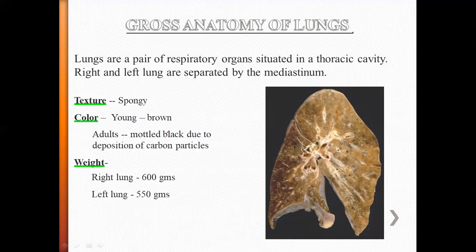We breathe in and breathe out, so automatically these things happen. It is normal for everyone. Then we have borders and surfaces, then the apex, then the bases. Among the surfaces the main one is the medial surface, because it has our important structure, the root of the lung, that is the hilum of the lung. Definitely right side and left side differences are there, so you have to know which is right and which is left by means of features.